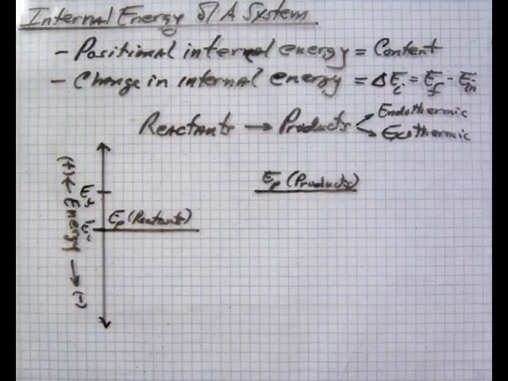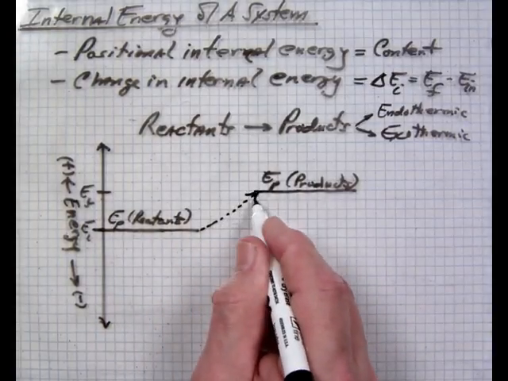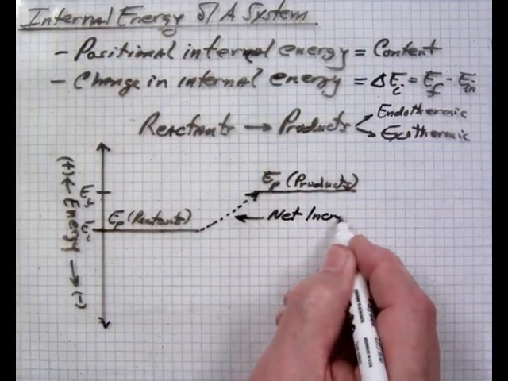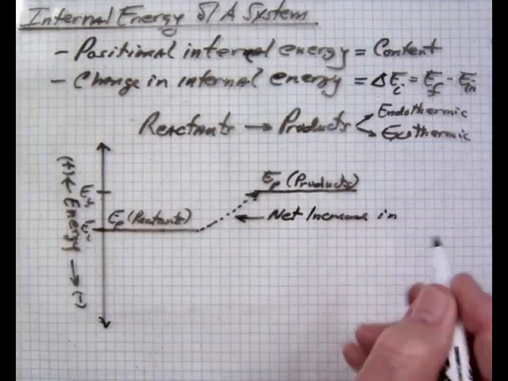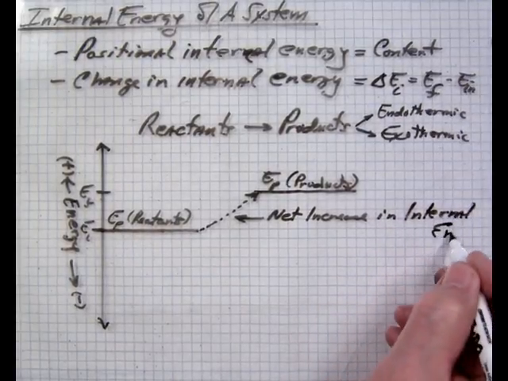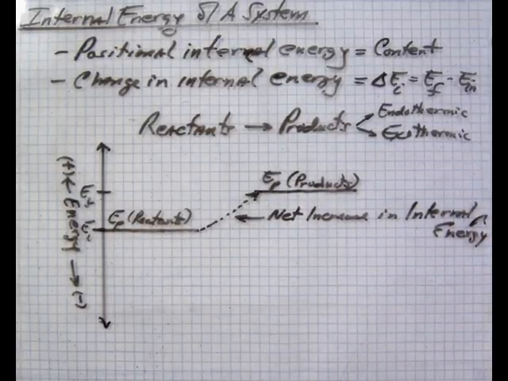In this case, final is larger than the initial on this scale. I think you recognize that. So we are having a net increase in internal energy. And that's an endothermic process when you change to the products being at an energy level higher than where they start,